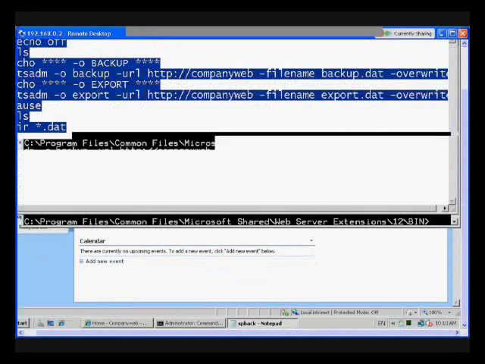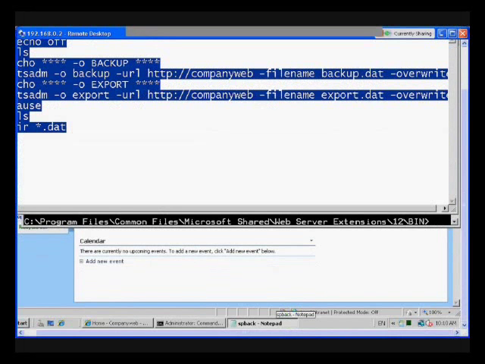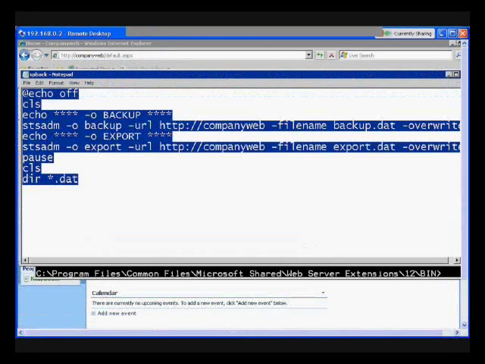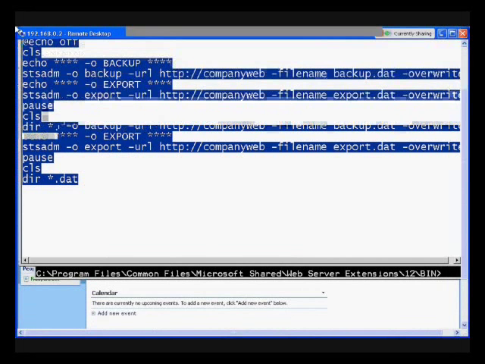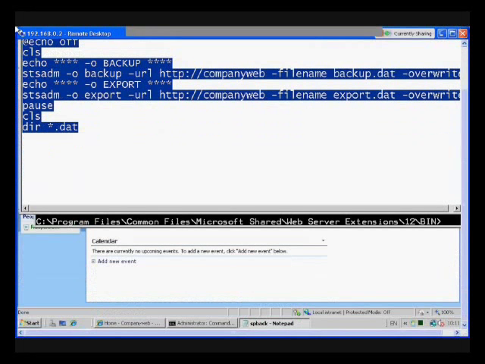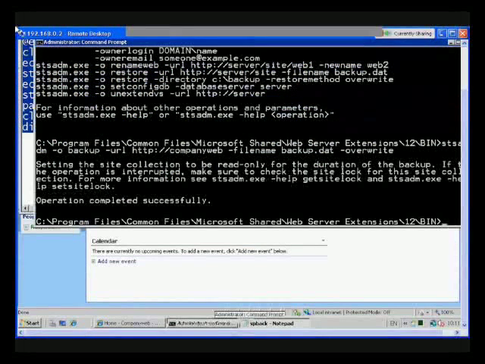So what I've done here is I have created already a batch file. So again, very simple batch file. All it does is stops the screen output, clears the screen, sends a message to my console saying that the backup is going to run, and then it runs the STS-ADM -o backup command, and then it runs the STS-ADM export command, and as you can see, it'll then do a directory of these two data files. So what I can do now is if I go out to the prompt and I run this batch file,